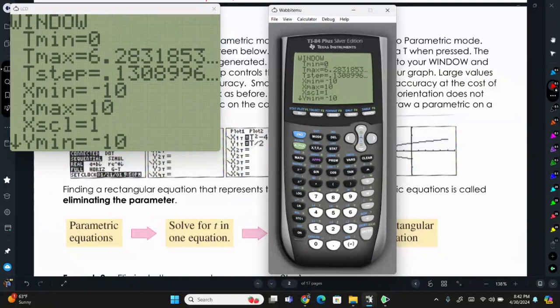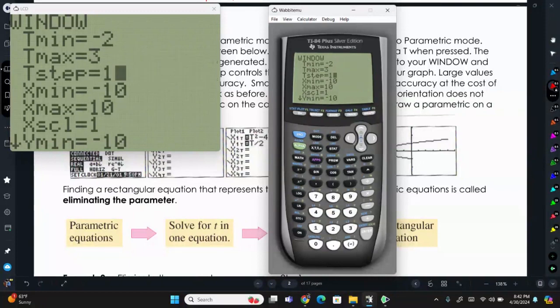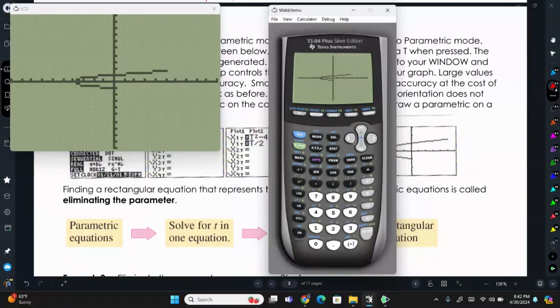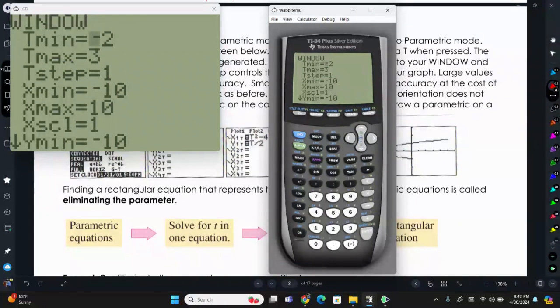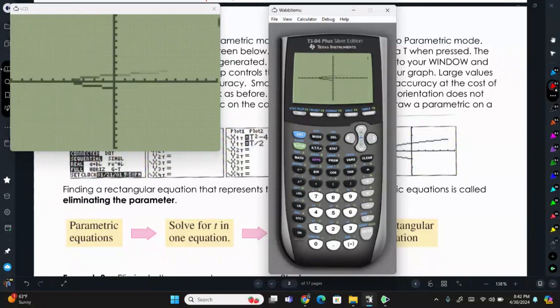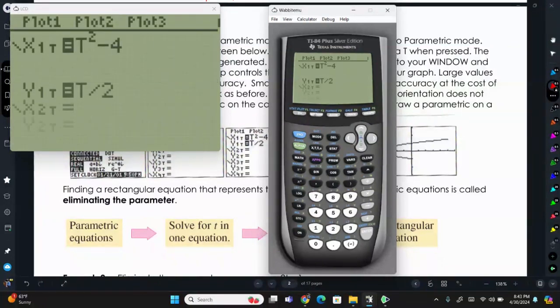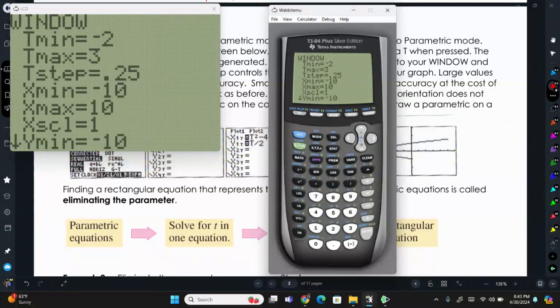let's look at the window. Oh, so look at our t min was 0, and it went up to that. So let's change this to what the problem said, negative 2 to 3, and we'll change our step to 1 because that's how much we went up by. So now that's the same shape that we had. If we make our step smaller, let's say 0.25, we get the same shape. If we go to 0.01,